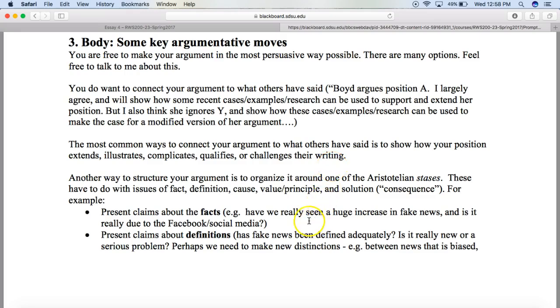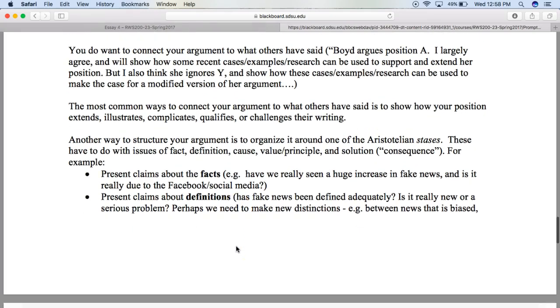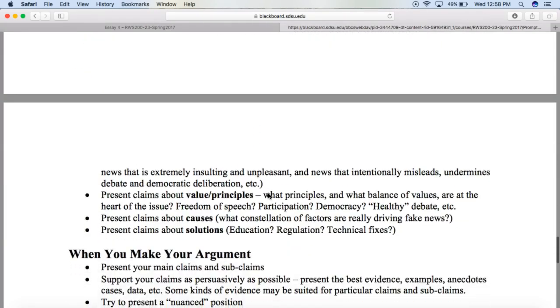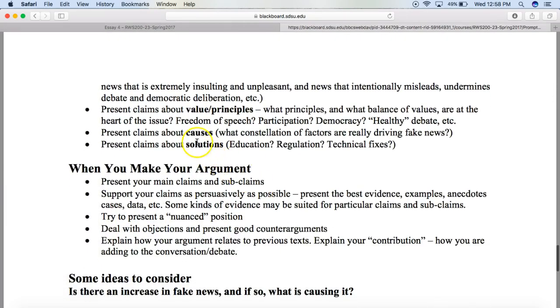Another way to structure your argument is to organize it around one of the Aristotelian stases. These have to do with issues of fact, definition, cause, value, principle, and solution. Present claims about the facts: have we really seen a huge increase in fake news? Or present claims about definitions, values, principles, causes, or solutions.